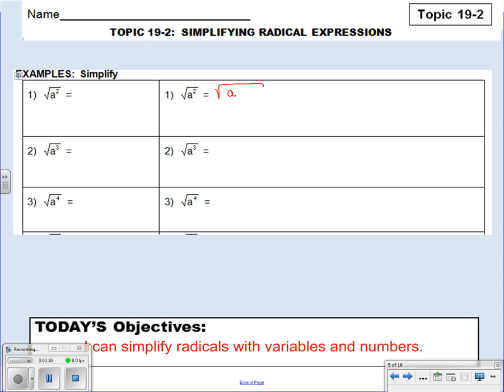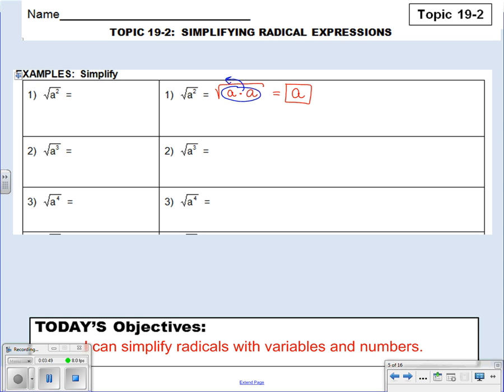They're a squared, that means there are 2 of them. And just like we did yesterday, if there are 2 of them in my house, I tell them to get out. So when I tell it to get out, it shrinks back down to 1. Notice there are no more variables underneath once I told those 2 to get out, so my answer is just